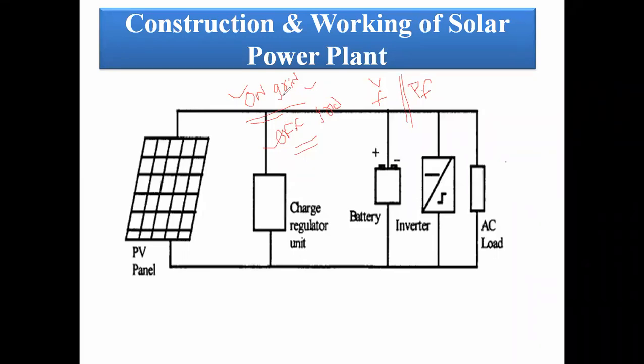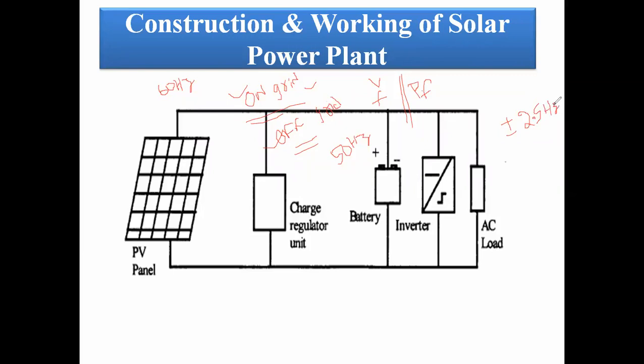The on-grid mechanism is utilized in the US, China, and Japan, where the frequency is 60 Hz. In a 60 Hz system, it will match for the frequency as well as the voltage. But in India, we use a 50 Hz system. The variation of the frequency is plus or minus 2.5 Hz, that is 47.5 to 52.5 Hz.